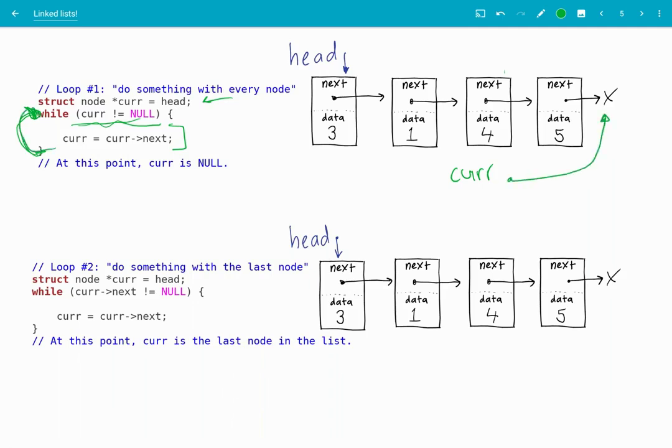So then we go around our loop once again. We check our loop condition. Well, current is not null. Well, current is now equal to null, so we stop. We don't go back inside our loop. And then once we hit the end of the loop, like I've got at this comment here, at this point,